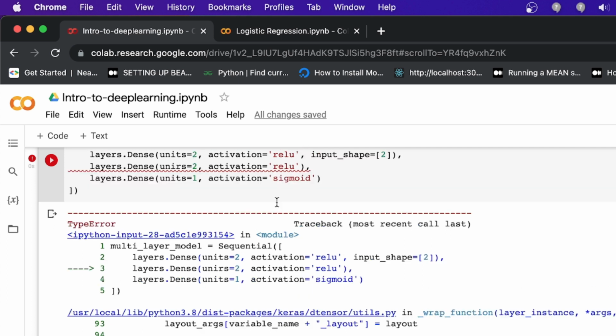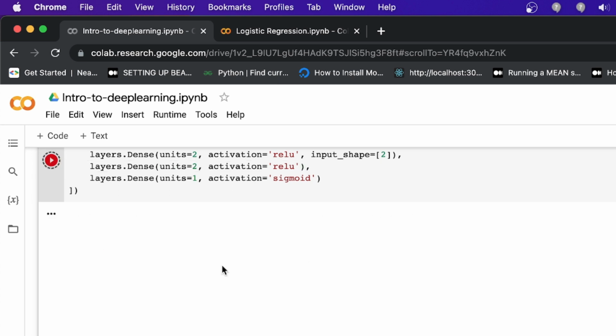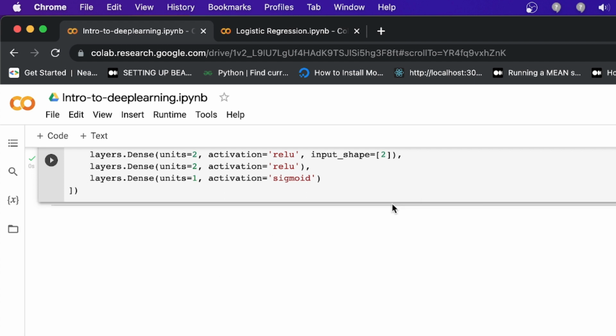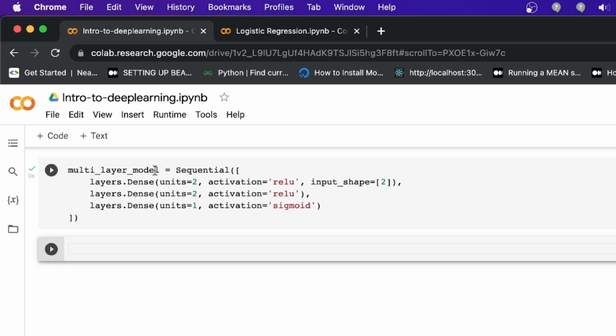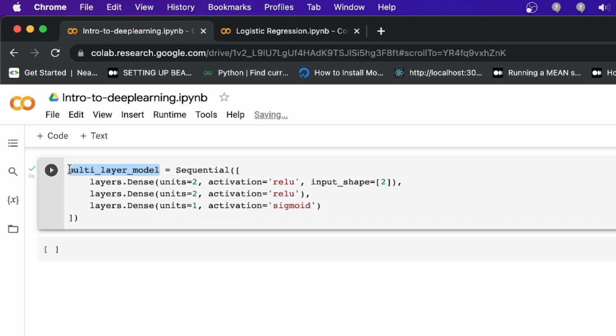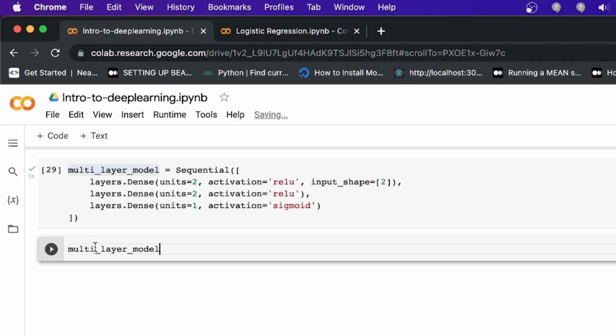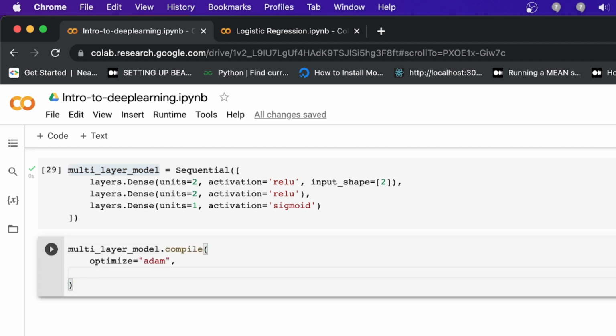Okay, here you see, let me check why this error is coming. Oh sorry, its spelling is wrong. I guess everything is right. Now we need to compile the same model, and I'm going to use loss equal to MSE.